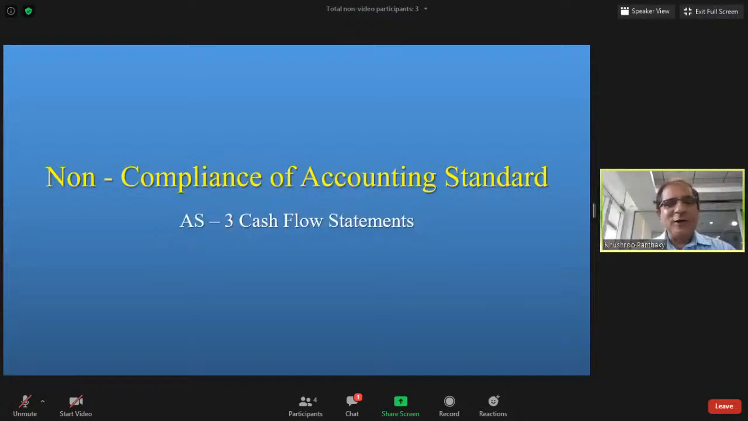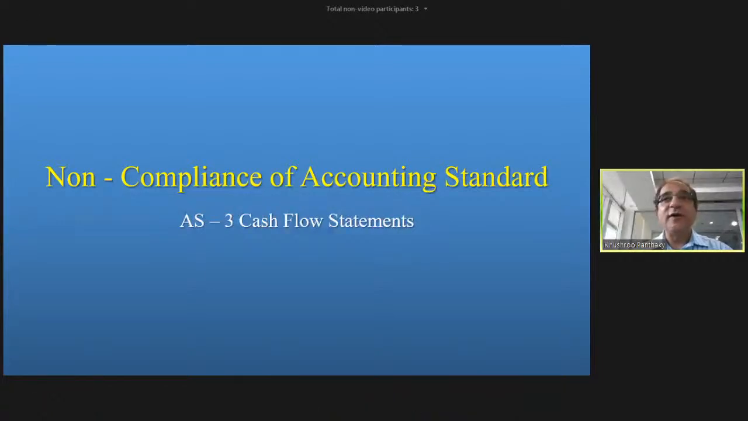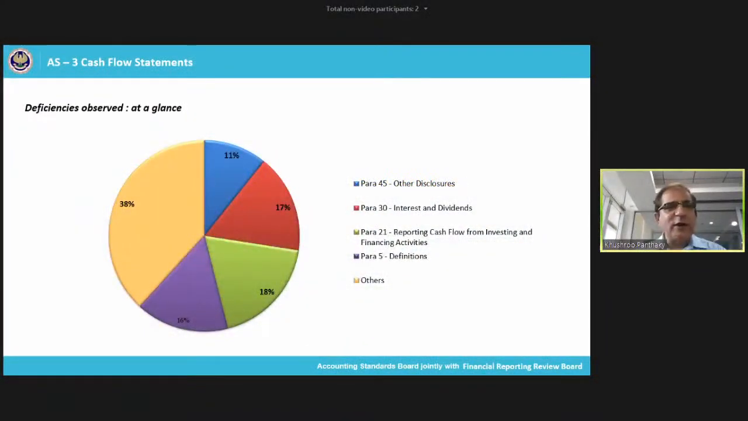So if you look at this particular slide, why does it say non-compliance? Because these commonly observed errors actually result in non-compliance insofar as the recognition and measurement, the presentation and disclosure requirements of the standards are concerned. So I just wanted to give you a perspective at a glance as to what kind of deficiencies have been observed under the recent FRRB review being carried out last year,